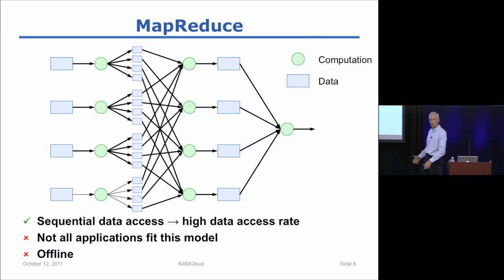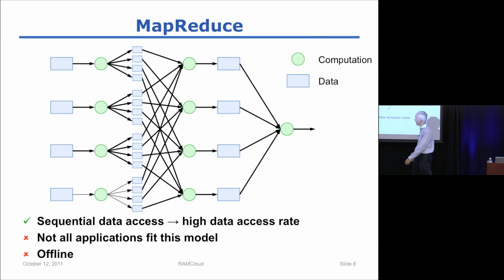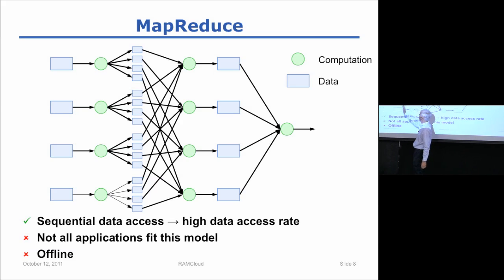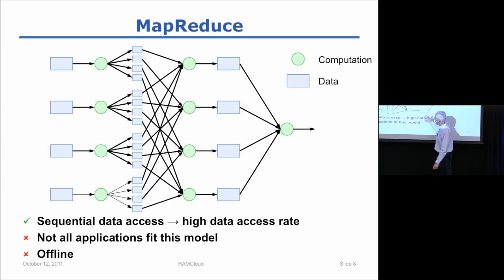So I assume most people here are familiar with the basic paradigm, but the way it works is you start off with a whole bunch of very, very large files, and you stream those files through some number of servers in the first step. I drew 4 on the slide, but there'd typically be hundreds or maybe thousands of those. Each server reads one file sequentially, and then it generates an output file for each of a whole bunch of second stage servers. The second stage servers read all their files and generate an output file, which then gets combined to produce a result.